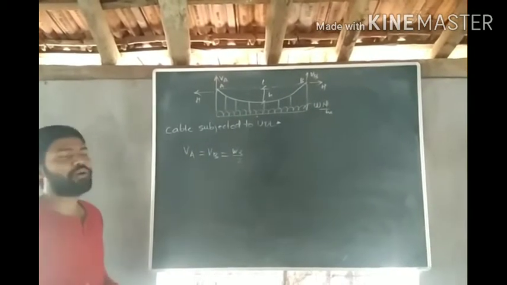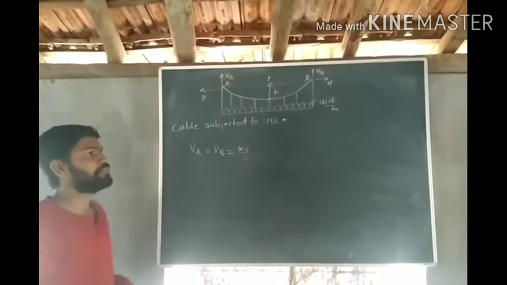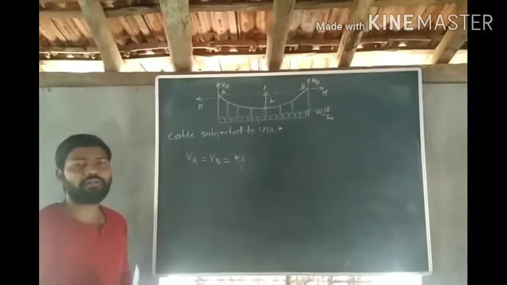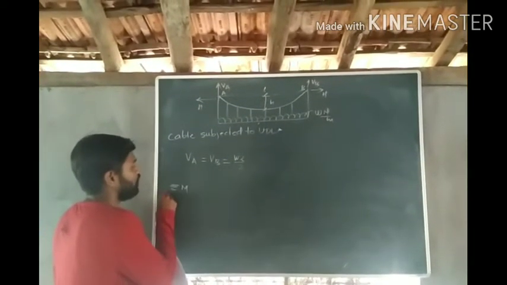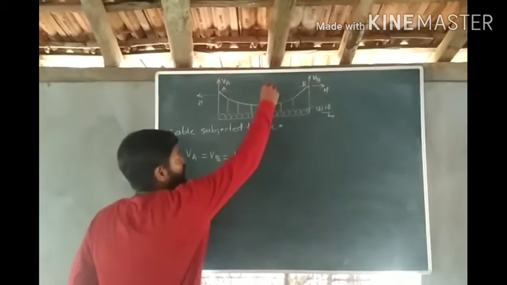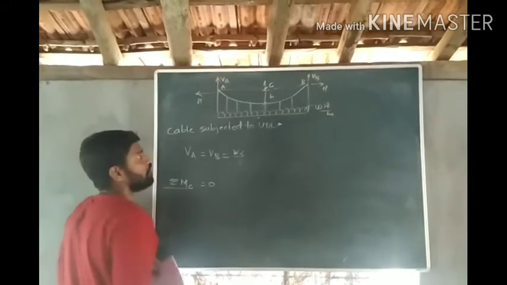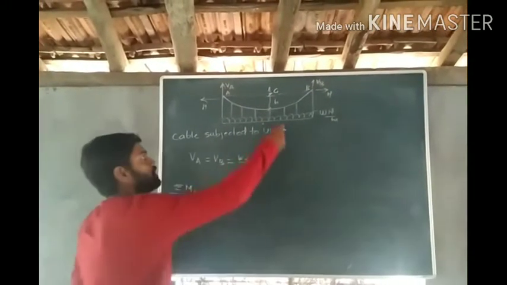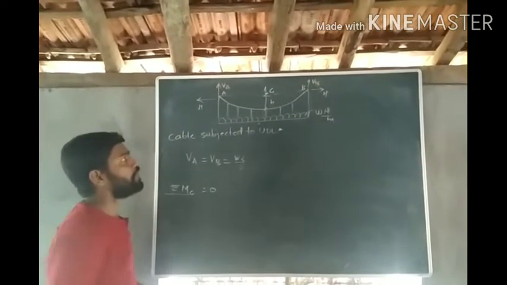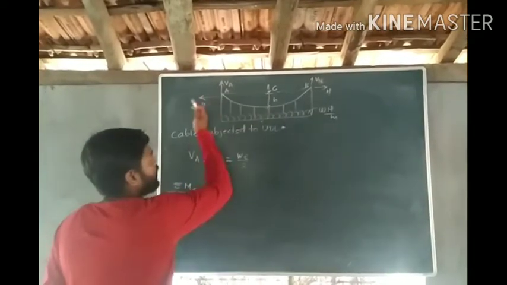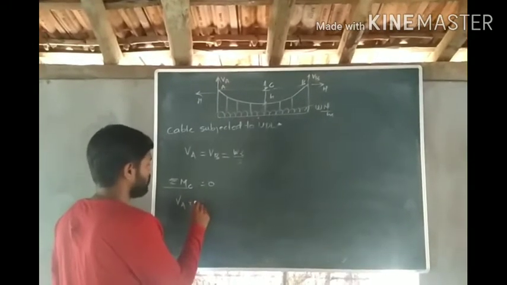Next you have to calculate the value of H, that is the horizontal thrust. Again we will apply the principle of the cable, that is, the bending moment at any location in the cable should be equal to 0. So we will apply that and calculate the value of H. We will calculate the bending moment at this location, let us say this is C, the center of the cable, where the central dip is h. This depth of the cable from the horizontal line is h. We will calculate the moment about C. Now we will consider the moment on the left side of the section. First is the moment due to VA, VA multiplied by distance L by 2.